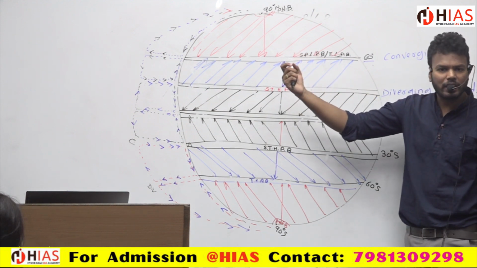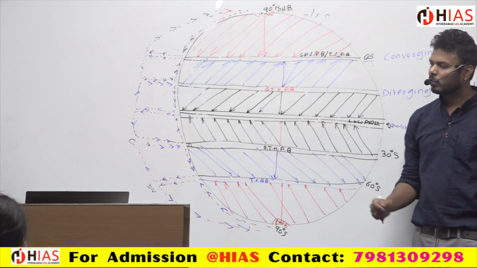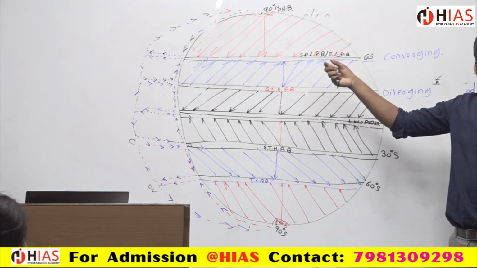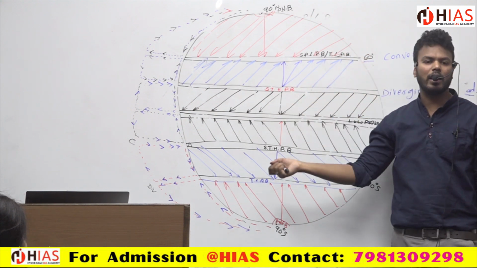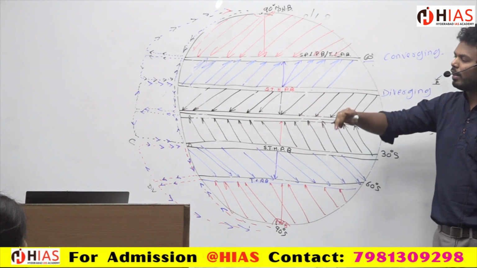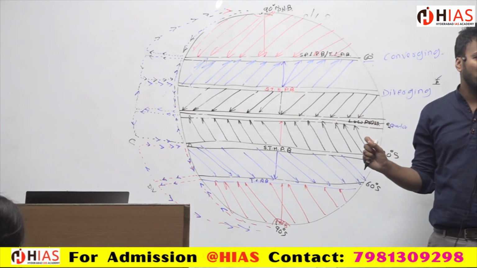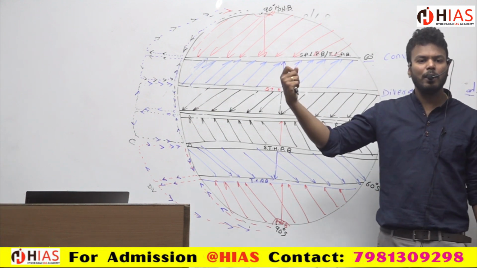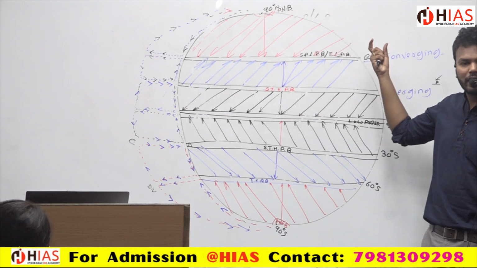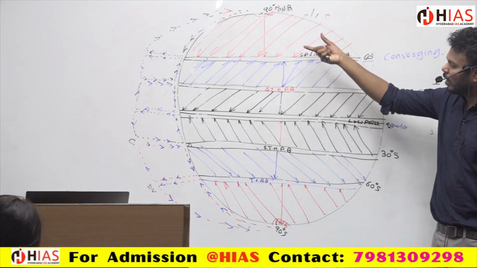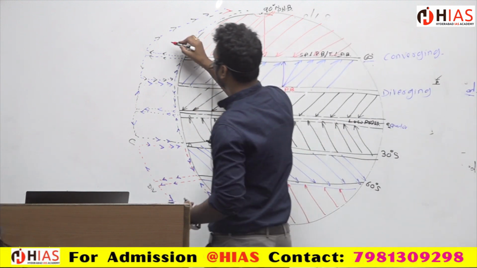Again, by using this convergence and divergence, we will be discussing cyclones and anticyclones. That is why step by step I made you understand. In the initial phases, it seems like why am I telling that? Nobody will tell you. They will directly draw this one. They will ask you to just imagine: in the northern hemisphere they deflect to the right side, in the southern hemisphere to the left side. But I gave you the reason why it is right side and left side, and also took each and every example. So this is called a polar cell.